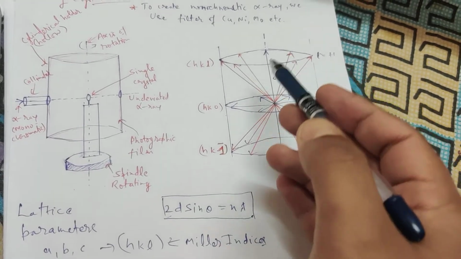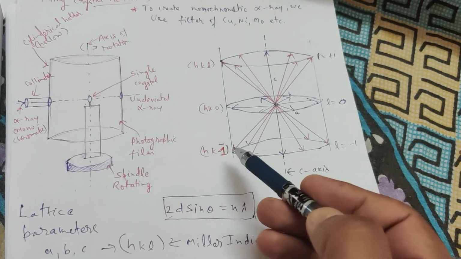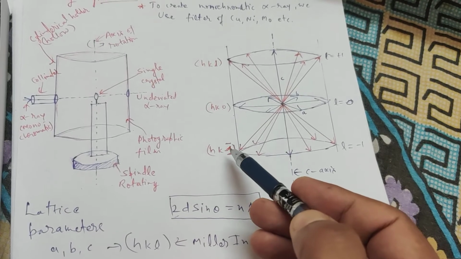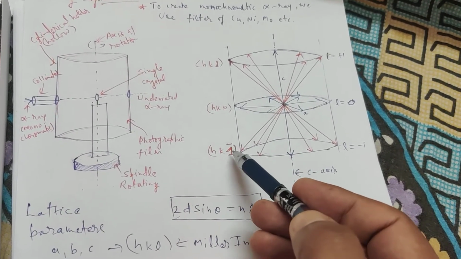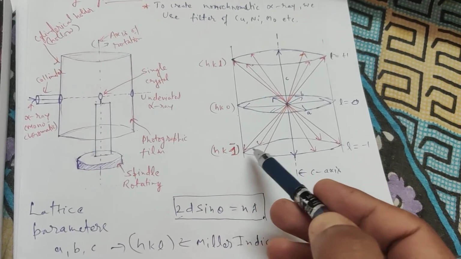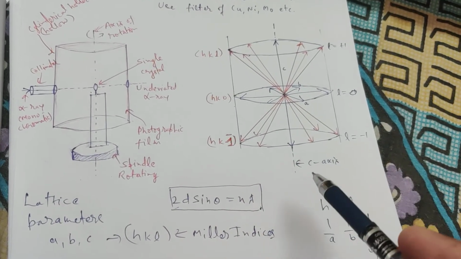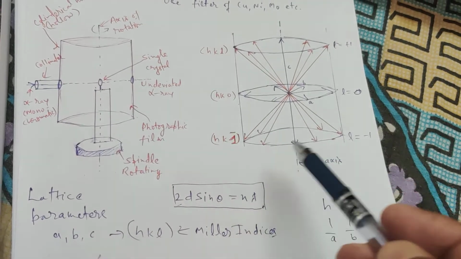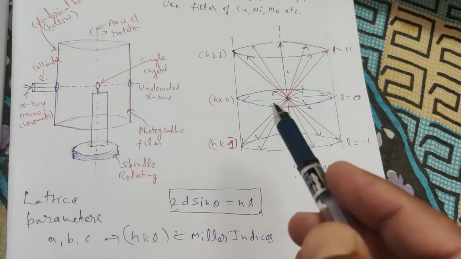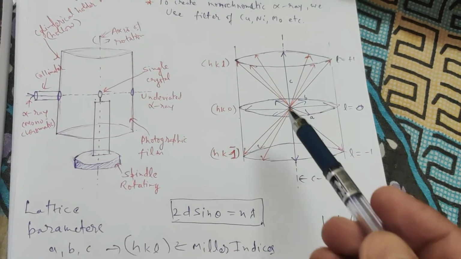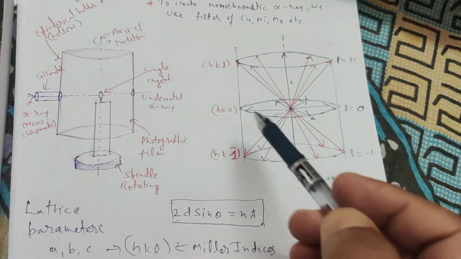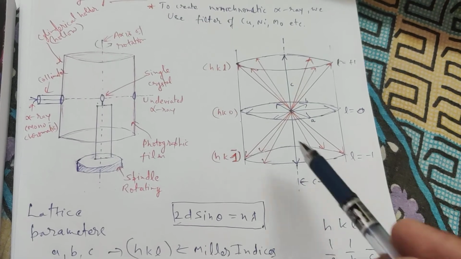This is the positive direction, so this will be positive, and this downward direction is negative. In case of a negative, your Miller indices are written as hk-1, so this is for the downward direction. So how is this determined? From here we have determined this c. This is the 0 layer, this is 1, and this is the second layer in the negative direction.